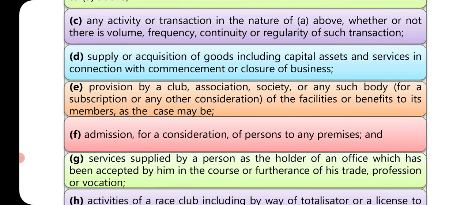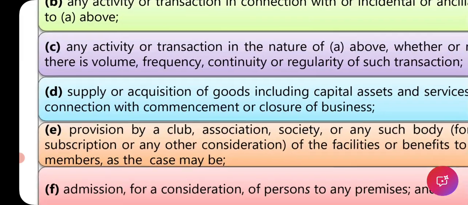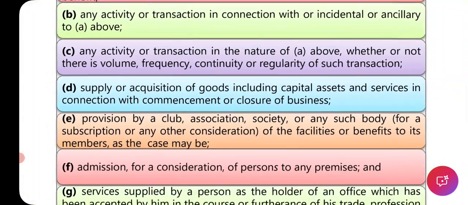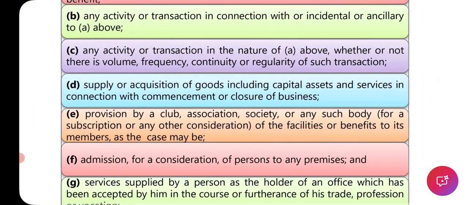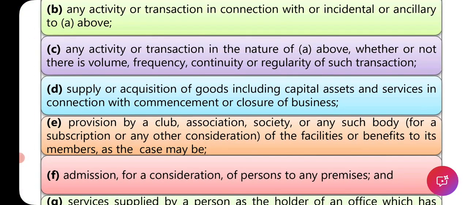So if you start a business, if you close a business, any capital asset transactions are still covered. So with respect to point C, they are talking about volume, frequency, continuity, and regularity, but there is a basic limit given in the chapter on registration, where the reference is with respect to when a person is required to get registered for a business, and when the tax liability will arrive. So the basic limit says 40 lakhs and 20 lakhs, 40 lakhs for goods and 20 lakhs for services, and these limits vary for a few states. Depending on that, registration is to be done.